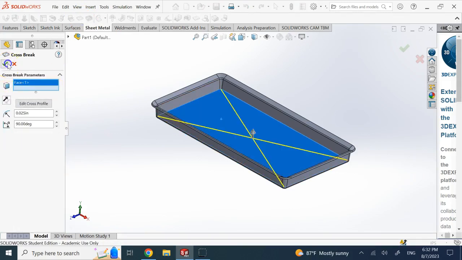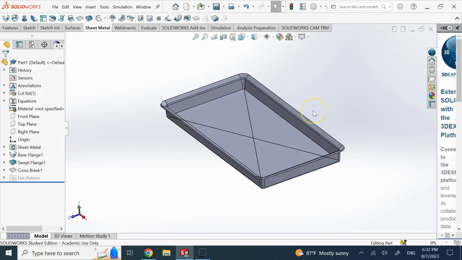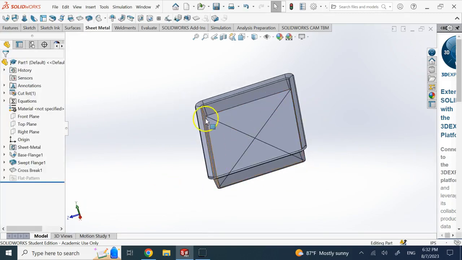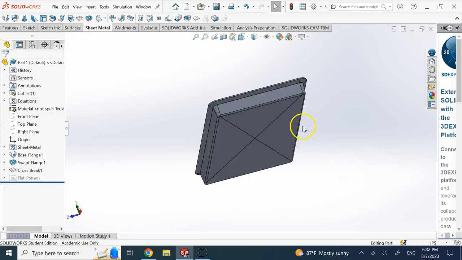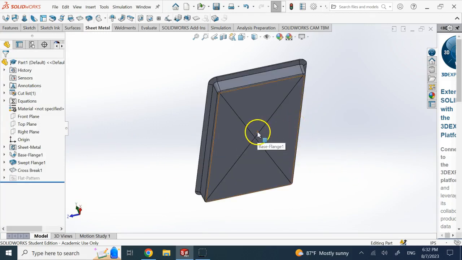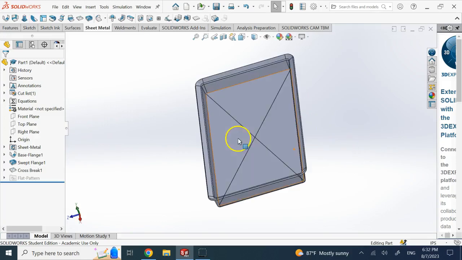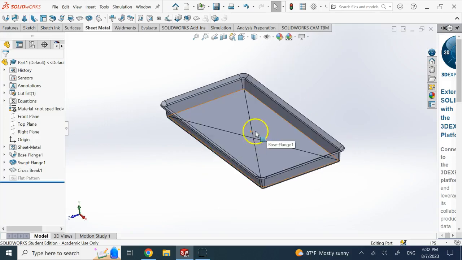And what is a cross break here? So a cross break is basically some small, I would call them deformations in the sheet metal that will increase its rigidity against bending. Okay, so you can see this cross